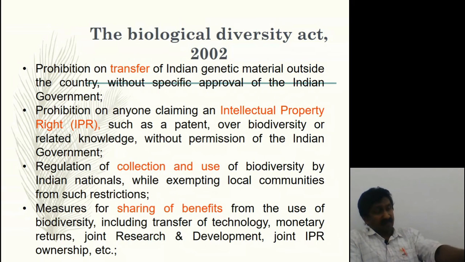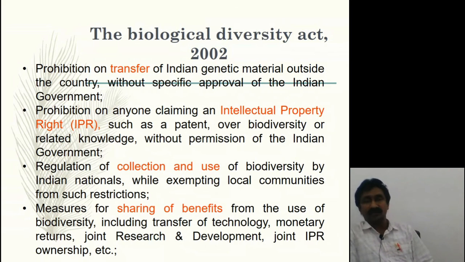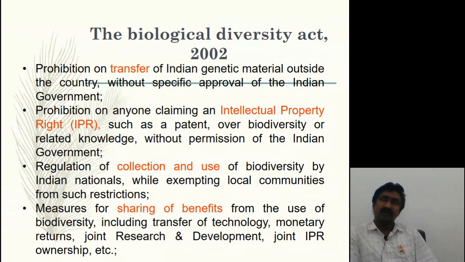For example, there is a herbal medicine that is used by the tribals, and if you want to commercialize it, you can collaborate with them with sharing of the monetary benefits out of that. So you can do research over that in collaboration with such tribal peoples from where you got that information. Then joint research or development, and finally the sharing of the monetary benefits out of that research with the local communities from where you got that knowledge. That type of joint research is permitted under the Biological Diversity Act.